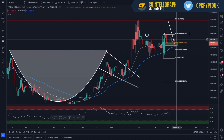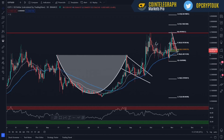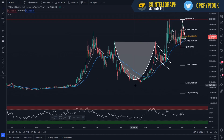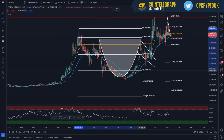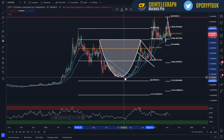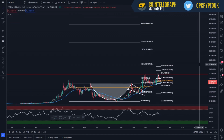So that's your buy zones there. Obviously, sell zones I've mentioned there, 8 to 6. But what I want to do is look more in depth at some key levels to target above, and that goes into price predictions. I want to put a Fibonacci on from the previous highs here back in March all the way to the lows there. We've done a massive recovery now, and this will give us some levels above